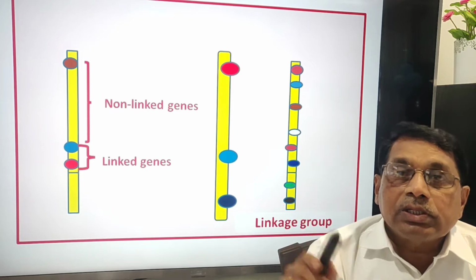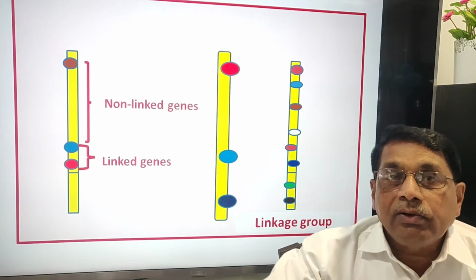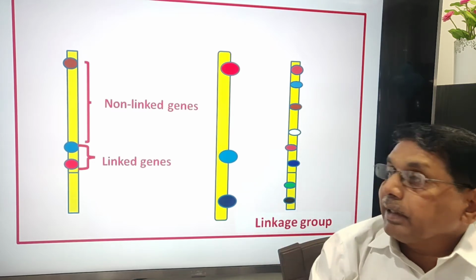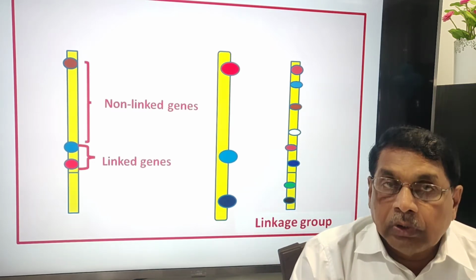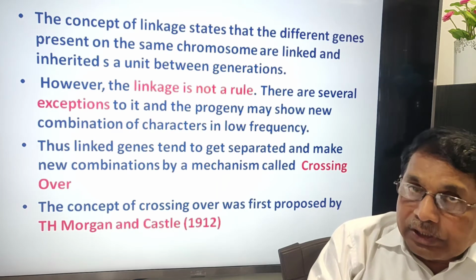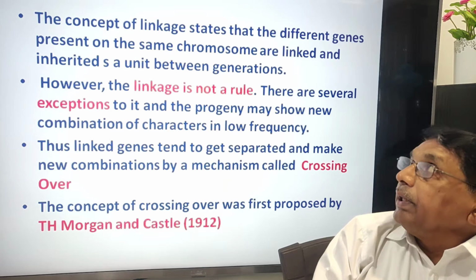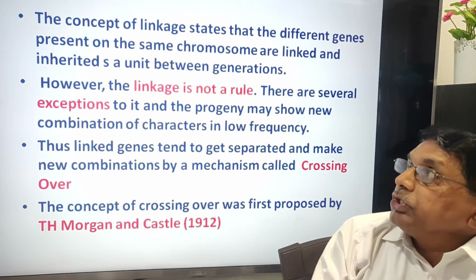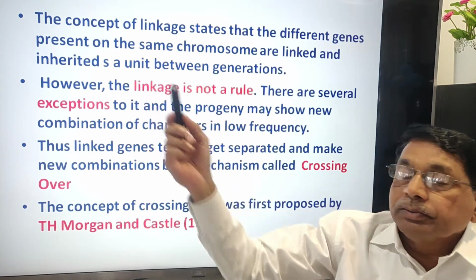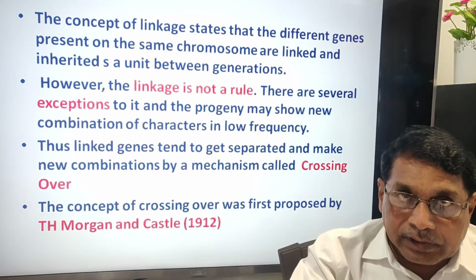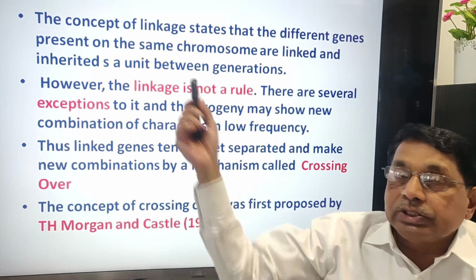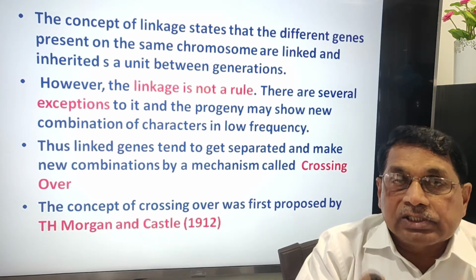All the genes that are located in a linear fashion on a single chromosome is known as linkage group. The concept of linkage states that the different genes present on the same chromosome are linked and inherited together, first generation, second generation, as a unit, as if they are a single gene